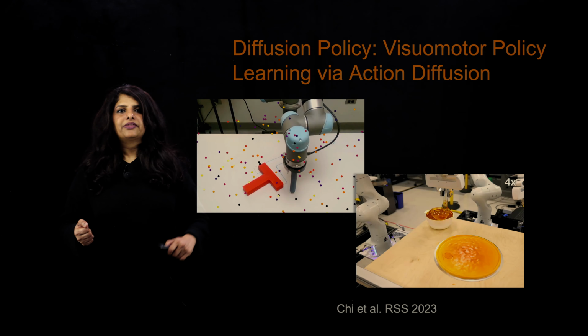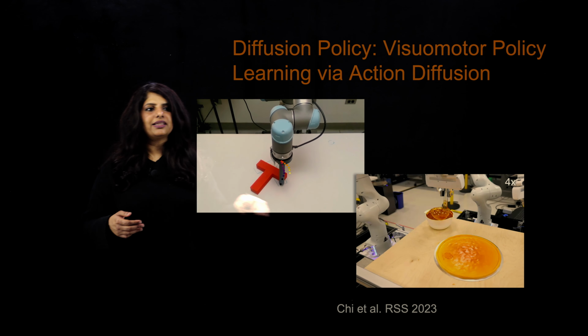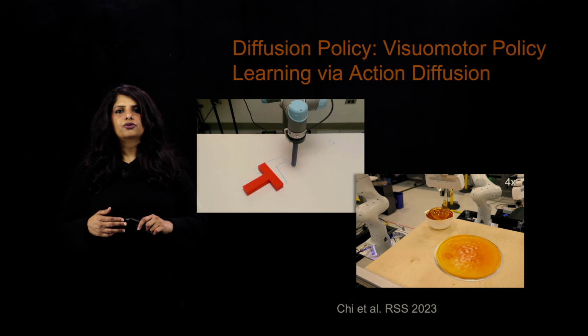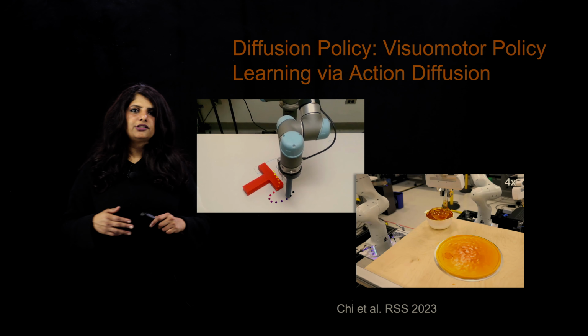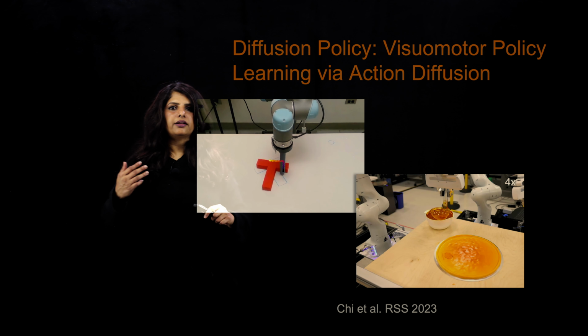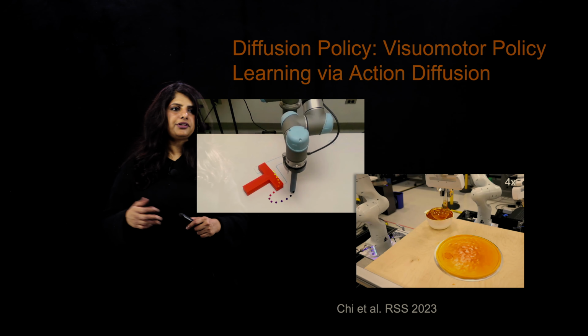Another project that is really interesting that makes use of behavior cloning is something that came just a few years ago, just a couple of years ago. And this makes use of generative AI or the advances in generative AI. This is a project called Diffusion Policy that comes from collaborations at the Toyota Research Institute and Stanford.